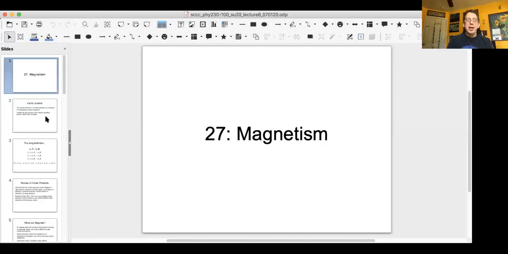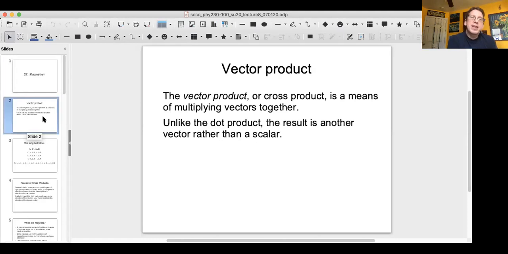And then we got to magnetism. Now, before we start talking about magnetism, it's important to review some mathematics. Magnetism and the calculus-based physics really can't be done without working with vector products. And so vector products were introduced in Physics 1 with rotational motion, but it's worth reviewing some of the basic properties. So the vector product